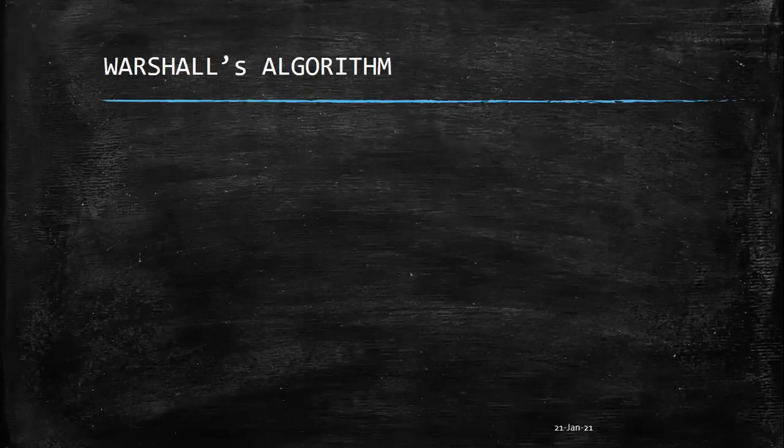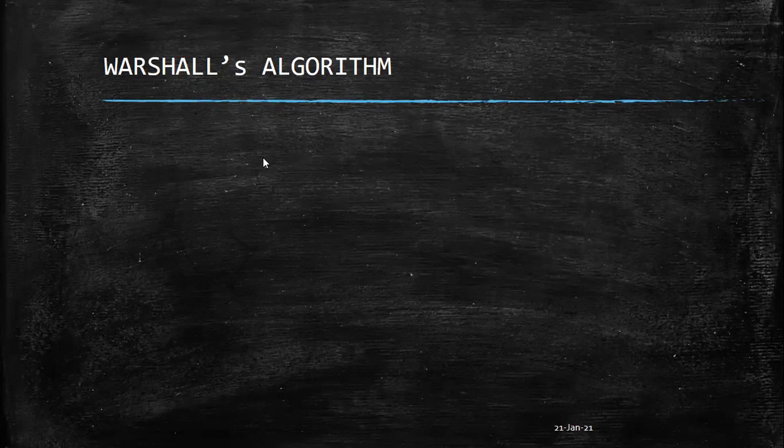Good afternoon. In the previous class, we have seen transitive closure, and with respect to transitive closure, we have also seen the methodology to find the transitive closure of a given relation. Now, in this class, as I've already mentioned, we will be seeing an algorithm, that is Warshall's algorithm, which was created by Stephen Warshall in the 1960s to create an easier method, or a method which requires fewer steps, to find the transitive closure of a relation.